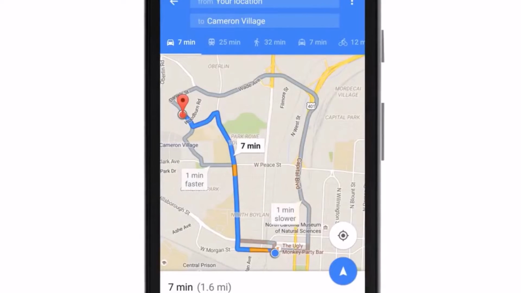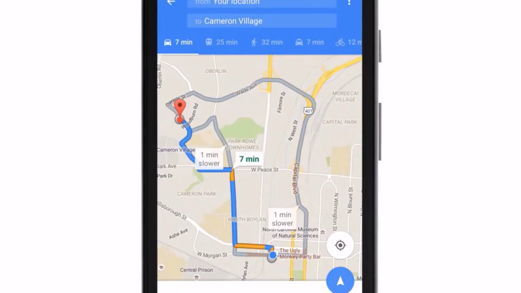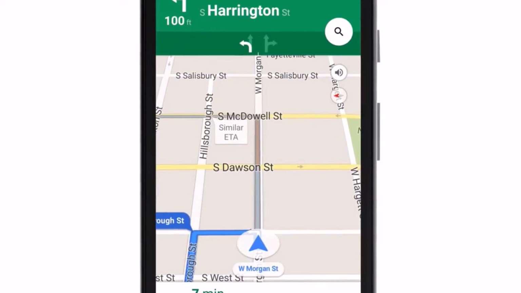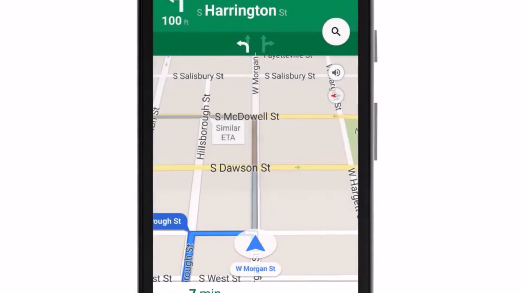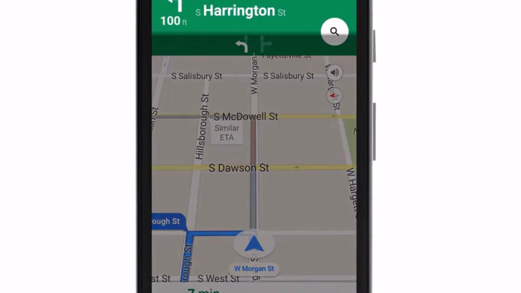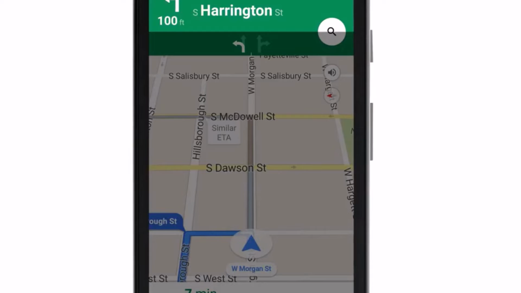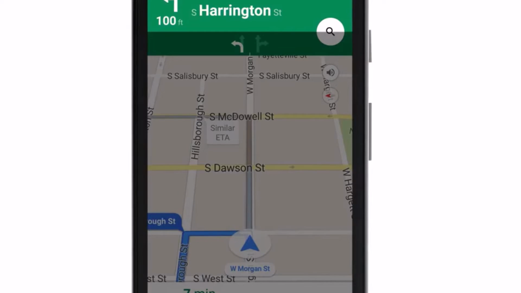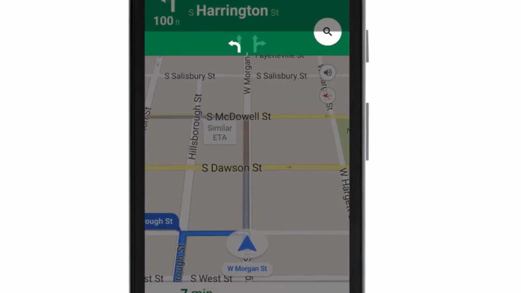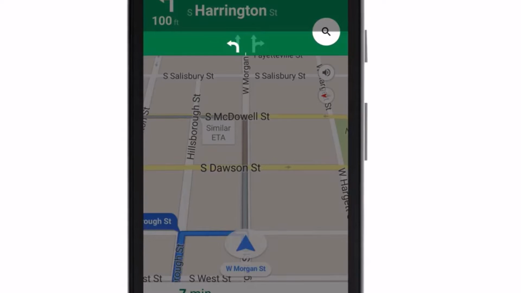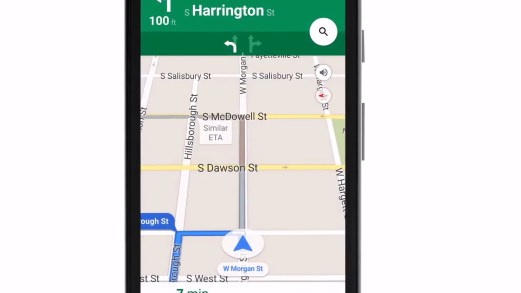When you are ready to start your trip, tap on the blue circle with the arrow. This will take you to the navigation view. Travel time, distance to the destination, and estimated time of arrival are displayed at the bottom of the screen. At the top of the screen is the next action required in the directions to reach your destination. Here, it indicates that in 100 feet, you will need to make a left turn on South Harrington Street. Directly below the street name, specific traffic lanes are displayed. The left turn arrow in white indicates you should be in the left lane to take a left turn when you reach South Harrington Street.